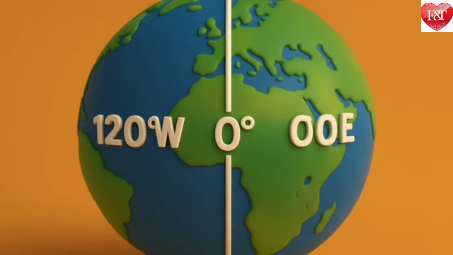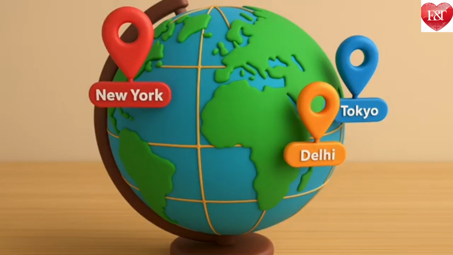Longitude, too, is measured in degrees. Westward or eastward, it increases in value from 0 degrees to 180 degrees, with the letter W or E added. For instance, using round figures, New York's longitude is 74 degrees W, while Delhi's is 77 degrees E and Tokyo's is 140 degrees E. All these lines together constitute a grid for the globe. They are also called grid lines.